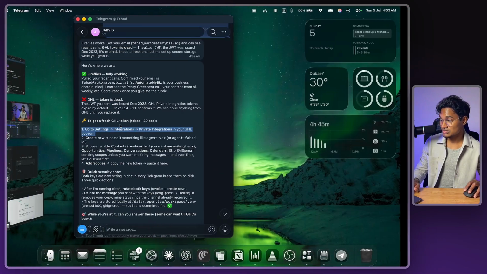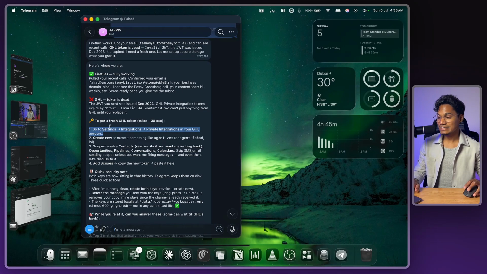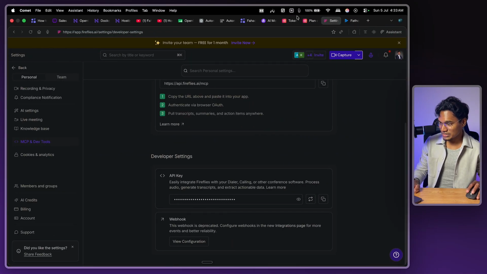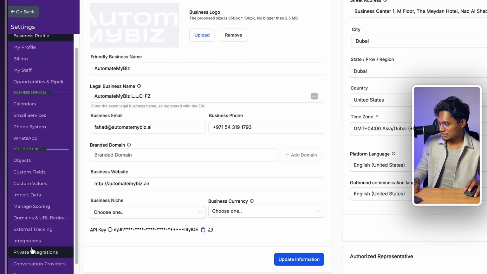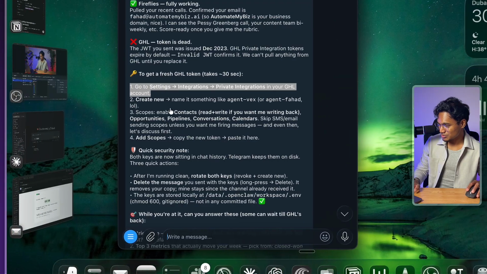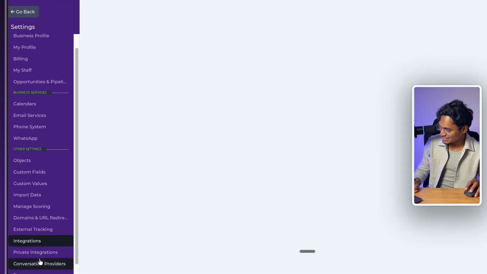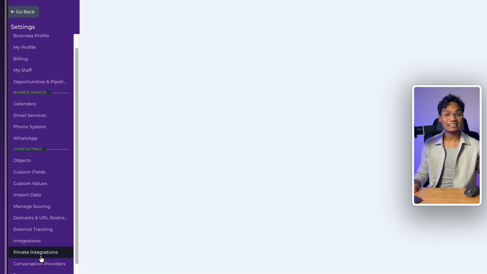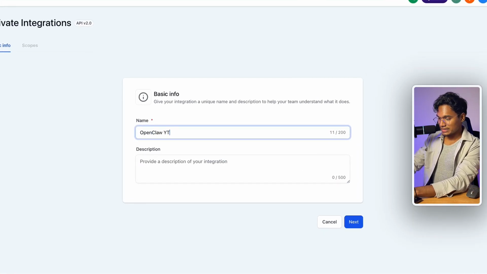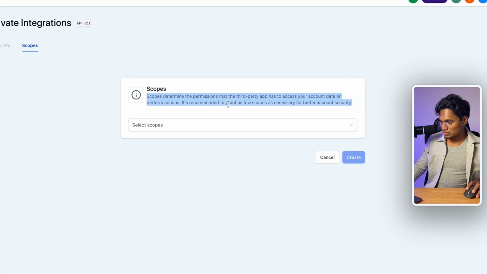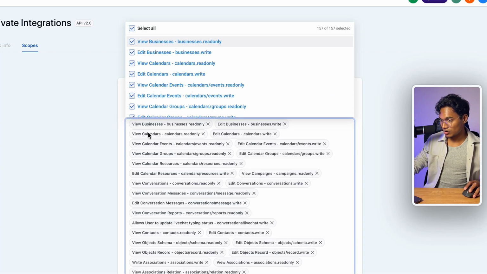Alright guys, so sometimes when it tests, it tells you exactly what you're doing wrong, and it told me the API key that it gave me is not going to fully work because of a recent update. So it told me exactly what to do, right? It told me go to integrations, go to private integrations, create a private integration and give it the API key access. It looks like I already did it. So open YT test. So click on next scope. I can select the scope. I'm just going to select all the